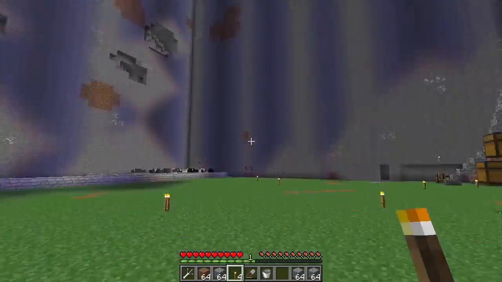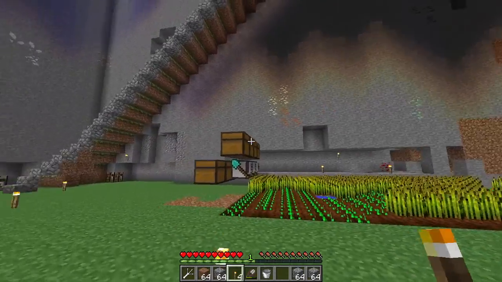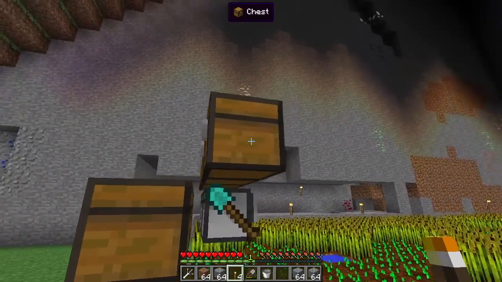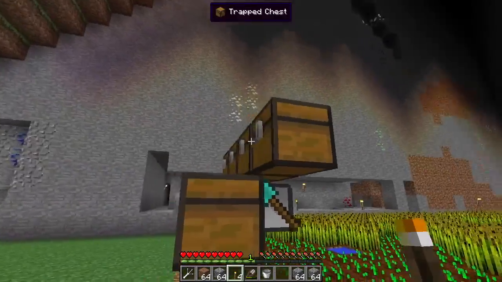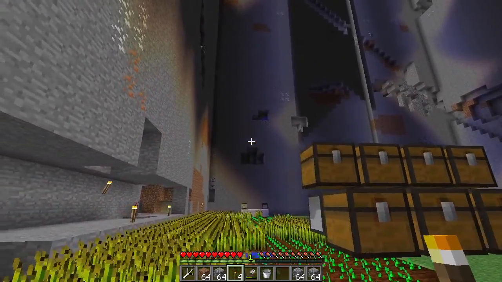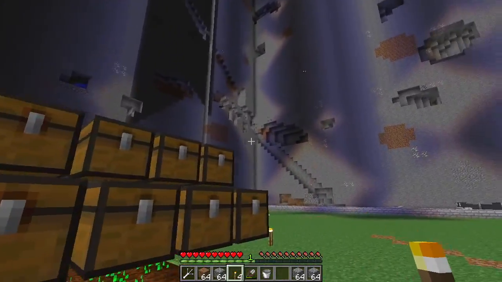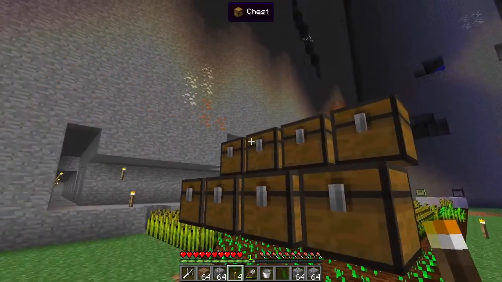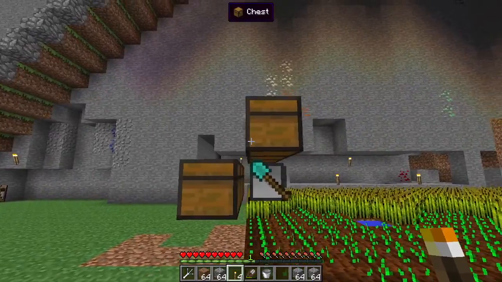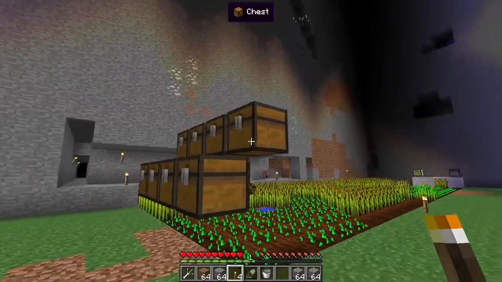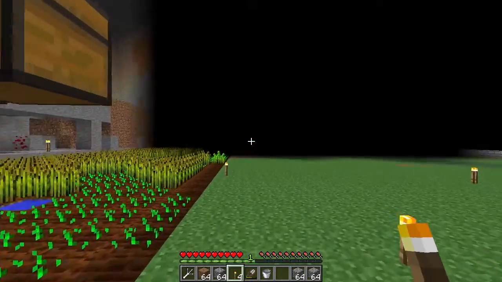If you have any suggestions, particularly for what to do with these chests up here, how to get the lava buckets distributed evenly, I think if we just go ahead and have a turtle going through and filling them up, or maybe a sample pipe or something, that might be a good idea. Not entirely sure exactly, but if you have any suggestions, let me know, and I'll see how